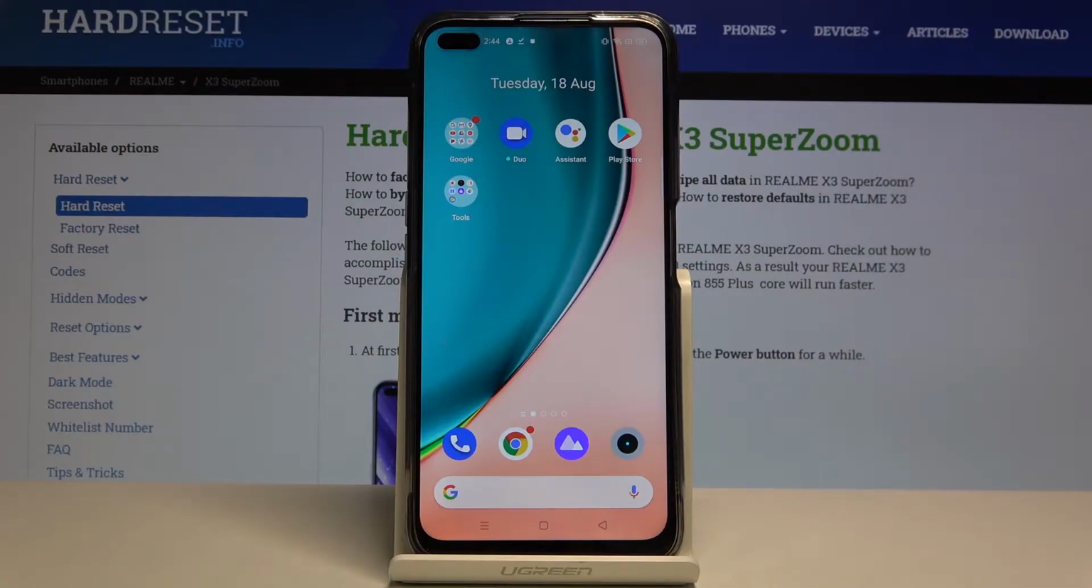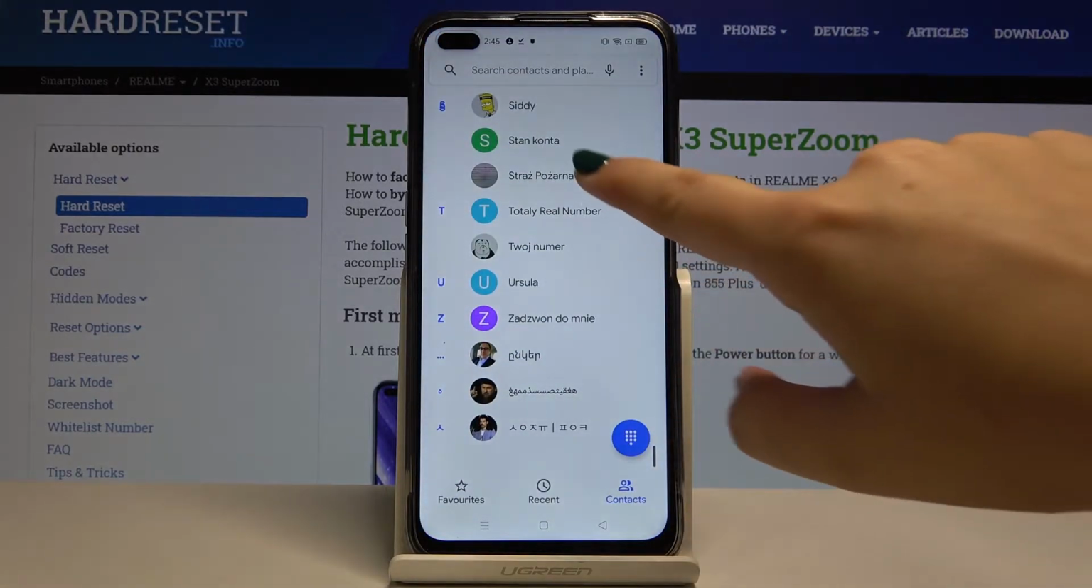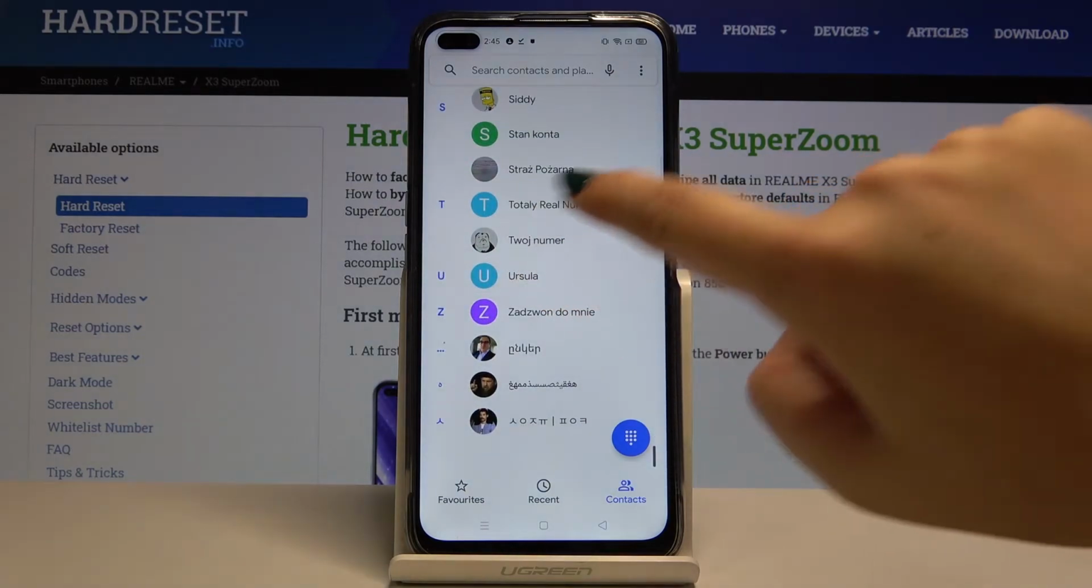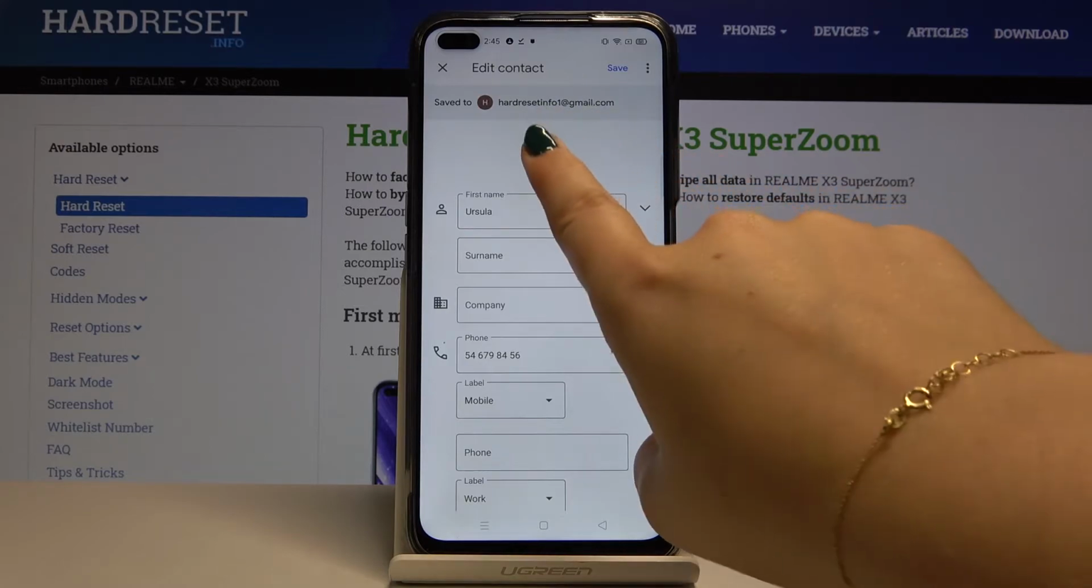Hi everyone, here we've got REALME X3 SuperZoom and let me show you how to add a photo to a contact. So first of all, let's open the dialer and go to the contacts. From the list, simply choose the contact you want to edit, click on Edit Contact and tap on the camera